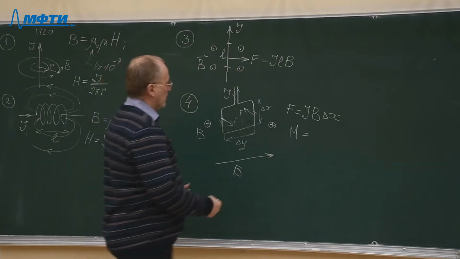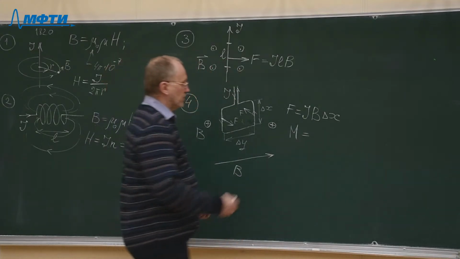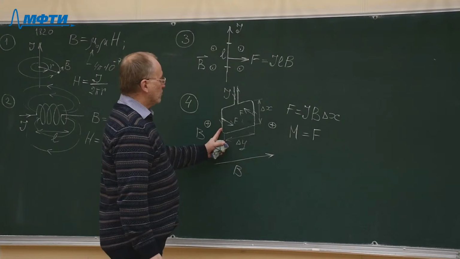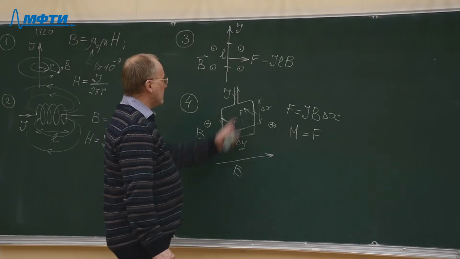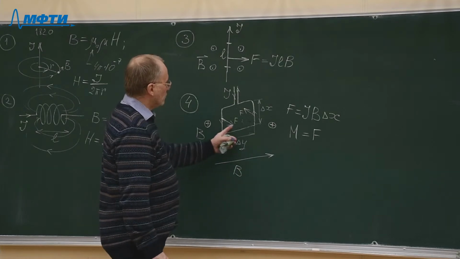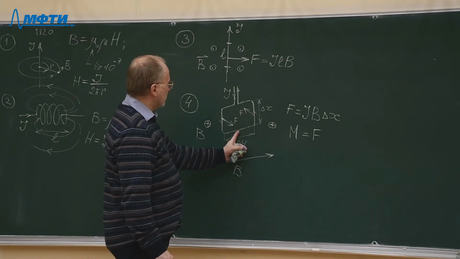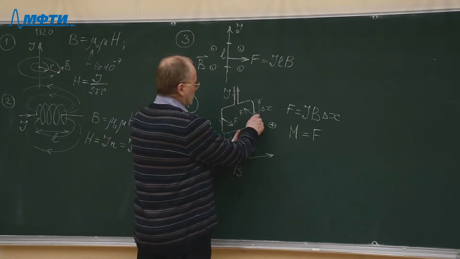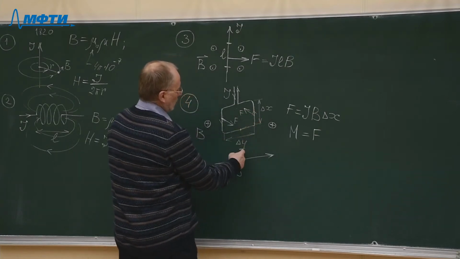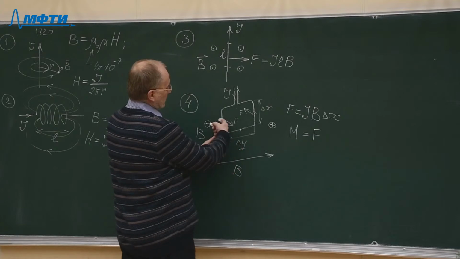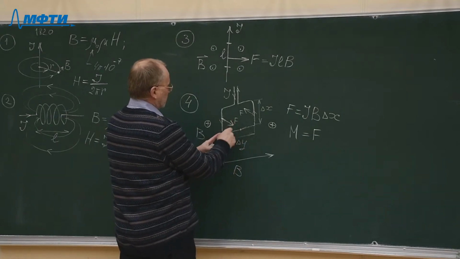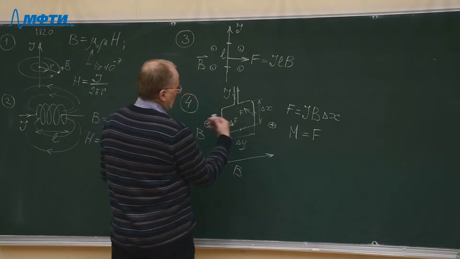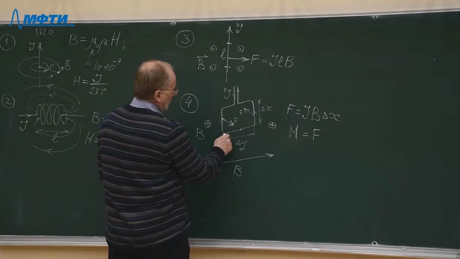The torque will be defined according to the definition of torque. It will be equal to the force times the arm of the force, and we may take any axis of rotation here in order to calculate the arm of the torque. We may take this axis of rotation which goes through the center of this loop. Then we will have to multiply force by delta y over 2, and then add another torque from another force, tending to direct the loop in the same direction,